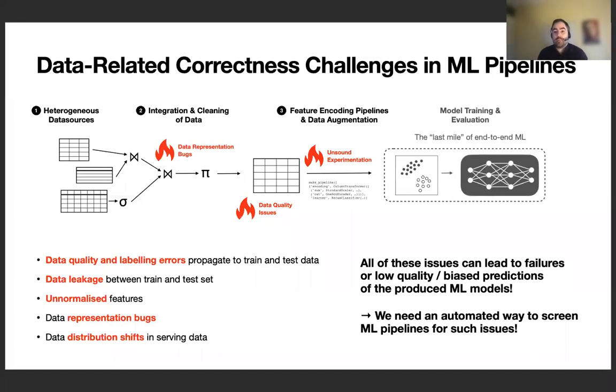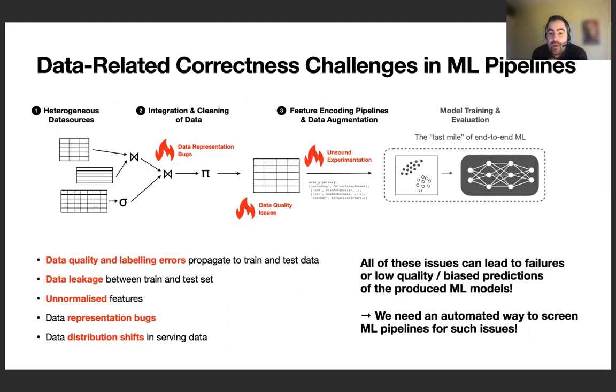So as you all know, machine learning is ubiquitous nowadays. Machine learning is used to automate decisions in all kinds of domains. But unfortunately, a lot of research only focuses on what we call the last mile of end-to-end machine learning, only model training and evaluation. That's what we study in academia, but once we bring machine learning models into real-world applications,